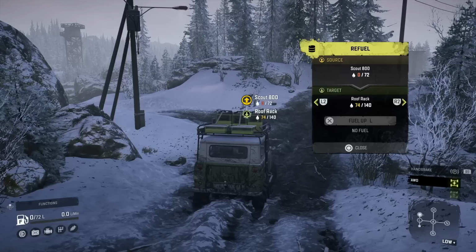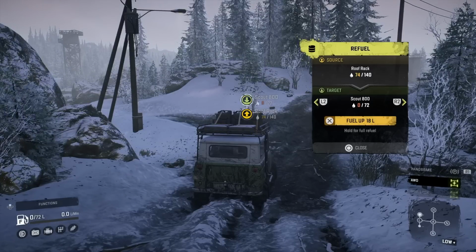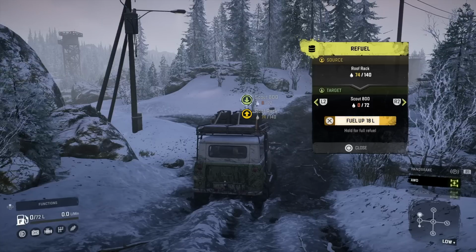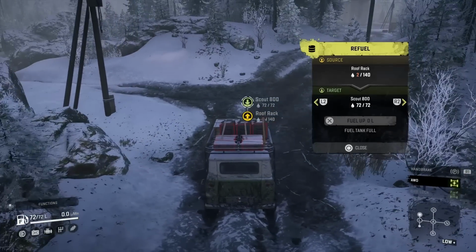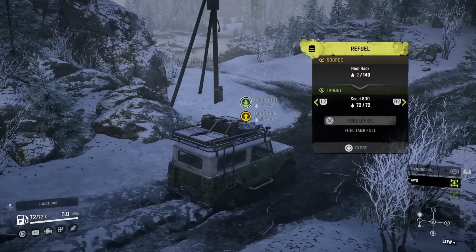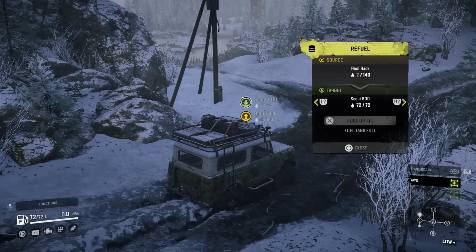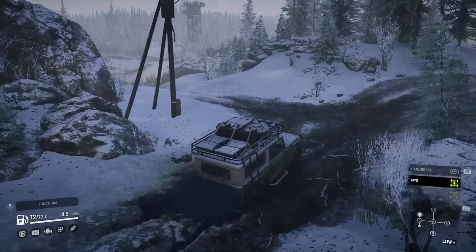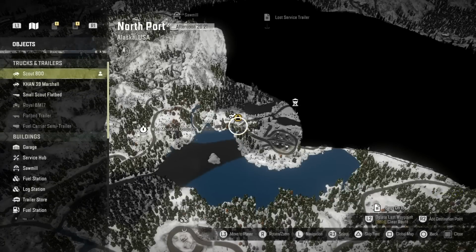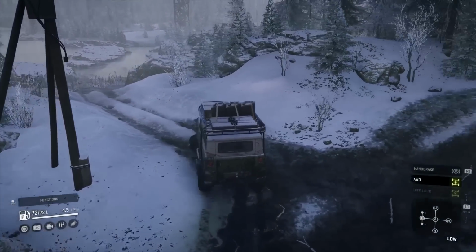Have I done the wrong way? Did I just put it from the scout into the roof rack? I did, didn't I? Target, scout, source, roof rack. That's better. That's what I wanted to do. So how are we looking? Roof rack, I'm down to 2. Did I not refill my roof rack when I was out of the... I didn't, did I? I refilled the vehicle, but not the roof rack. Oops. Oh well. I'd better check the map again just to make sure. Yeah, we should be right going out there. I say should be, I mean...